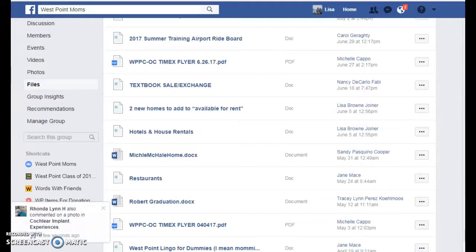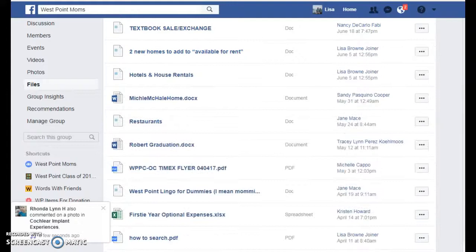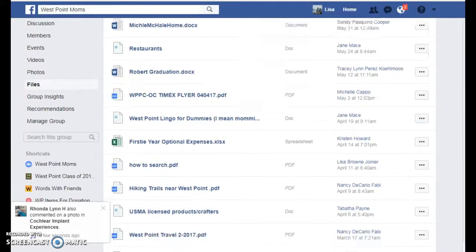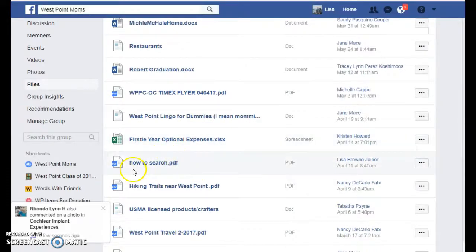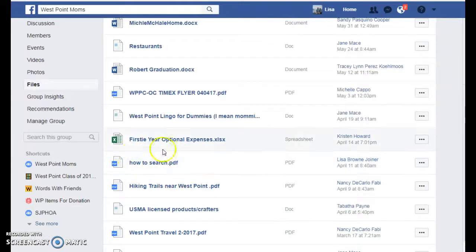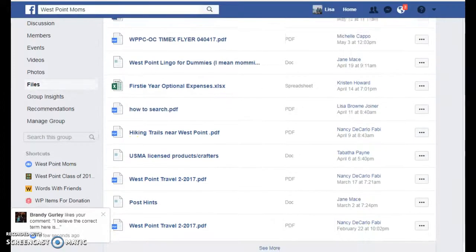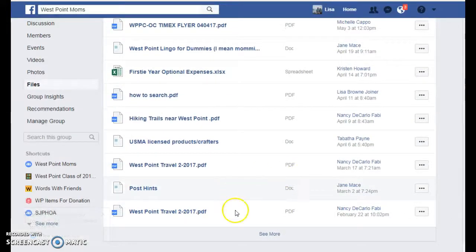Some of these files are really useful. Most of the outdated ones have been taken off. There's still some good information. This one right here tells you how to do a Facebook search on a PC, a phone, and a tablet. So that's pretty useful. Some people like to do crafts and want to be able to sell them, and this one tells you how to get the licensure that you need for that. One of the most useful ones that you're going to use a lot